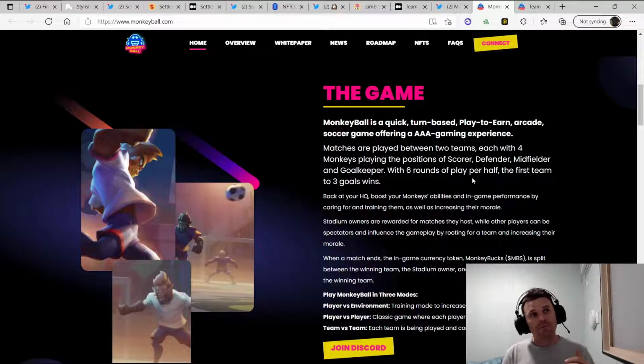And football is probably one of the most profitable real-time sports played in the world. So it makes sense that there's going to be a whole heap of these football games coming out. There was one just launched on Binance recently, and the top buy-in was $1,500 for a packet of cards to get you 3 players. Whereas this one here is going to be 4-on-4, and I think it's going to be